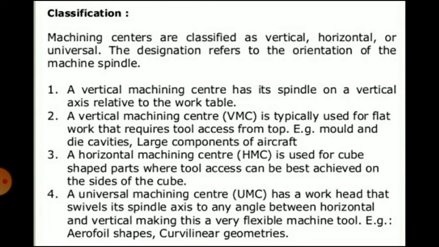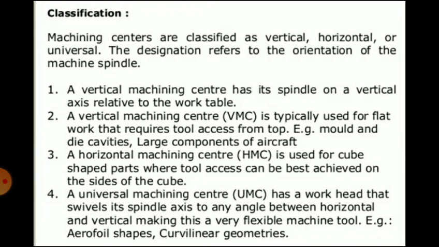Classification. Machining centers are classified as vertical, horizontal, or universal. The designation refers to the orientation of the machine spindle. First, a vertical machining center has its spindle on a vertical axis relative to the work table.